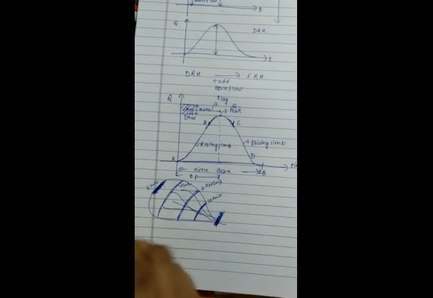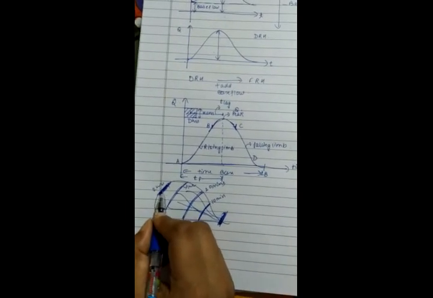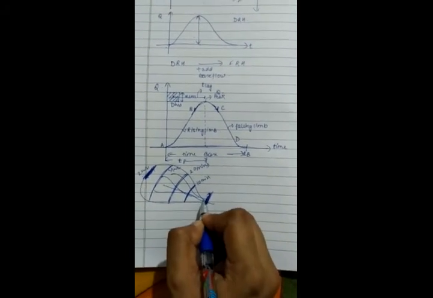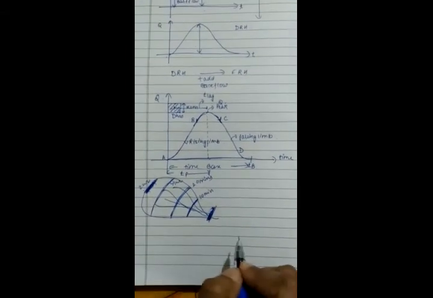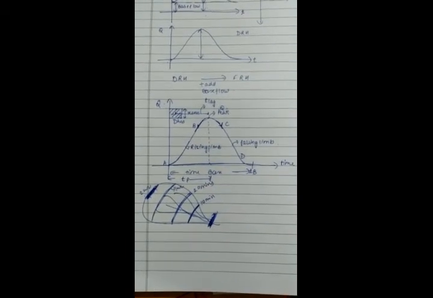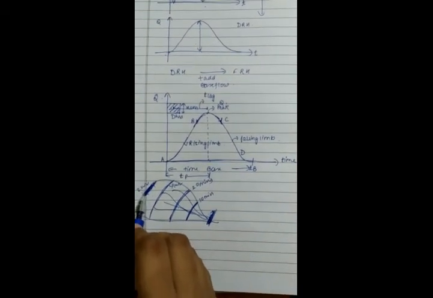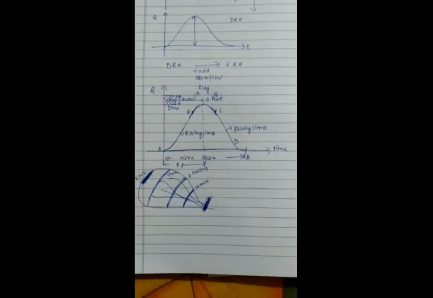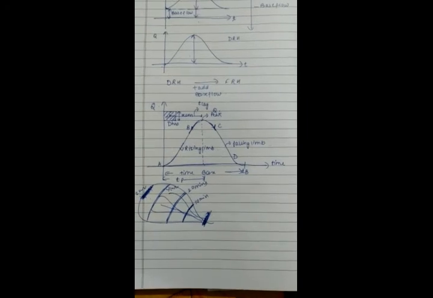This is the farthest point, right, from the outlet. So this is called time of concentration, the time which the water particle will take to reach from the farthest point to the outlet. When the water from the farthest point reaches the outlet, I will get the peak discharge also. That is why peak discharge is always calculated based on time of concentration. So time of concentration is nothing but that time when the final particle, the particle which is at the farthest or the remotest point of the catchment, reaches the outlet. So I hope this is clear.